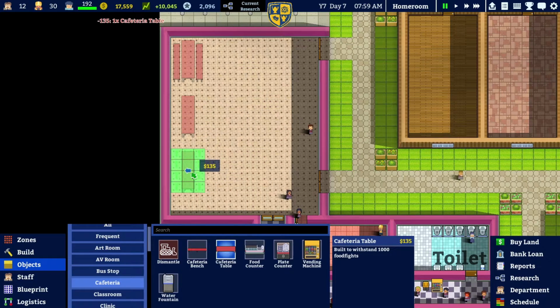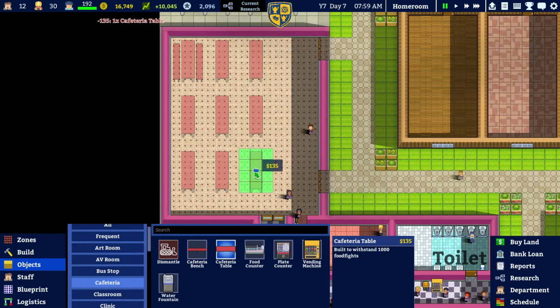So that's 1, 2, 3. Then we can have them right next to each other. So that's 6 just there. I mean, yeah, it looks like we can get 9 in. Yeah, that's absolutely fine. Get 9, and over this side, can we even space it out a bit? We could have all the food counters and stuff along here. So a food counter,